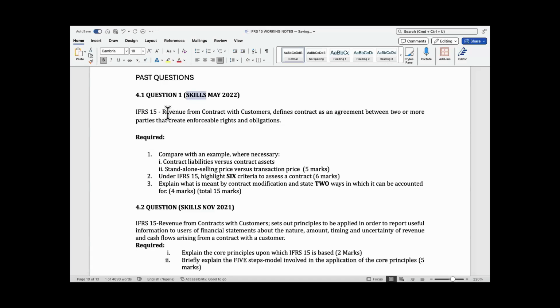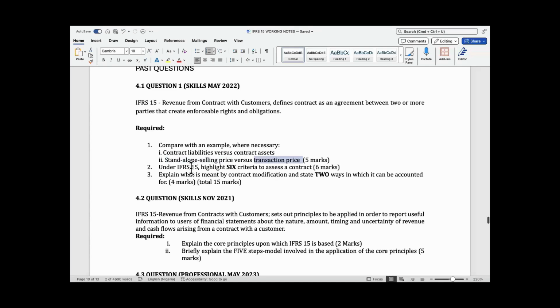So the examiner asks that revenue from contract with customers defines contract as an agreement between two or more parties that creates enforceable rights. And asks: compare with necessary examples contract liabilities versus contract assets; standalone selling price versus transaction price; using IFRS 15, outline 6 criteria to assess a contract; explain what is meant by modification and state 2 ways in which. For this one, for these